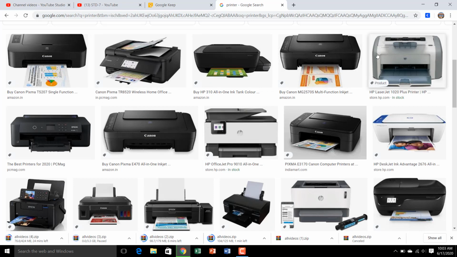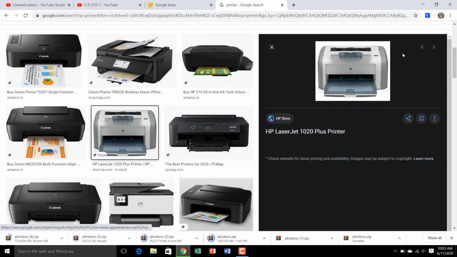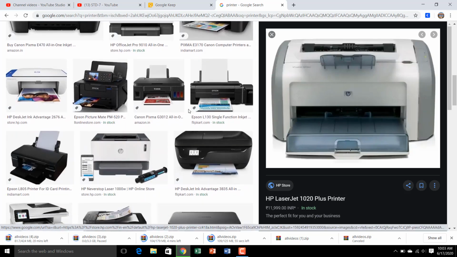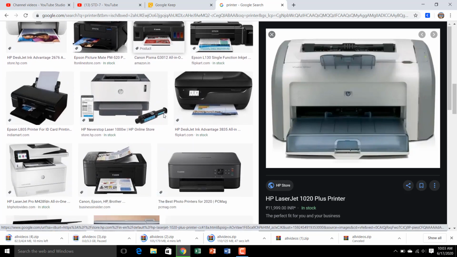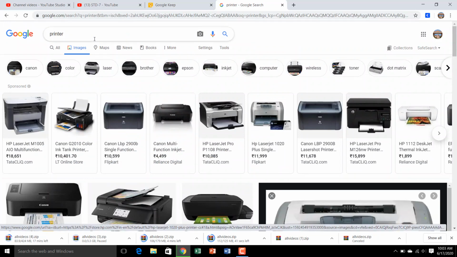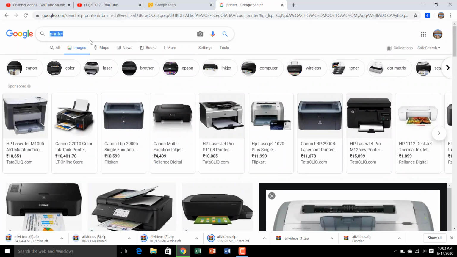This one is a black and white printer, an HP LaserJet. You can see the HP logo here. You will get only black and white copies from this printer. These are the different printers.